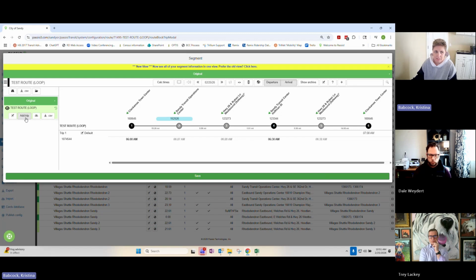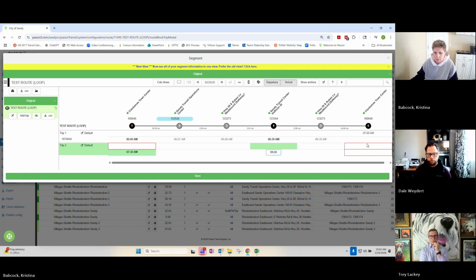And if I wanted to add another trip, I'd come over here and hit add a trip. And so maybe the next one is at 7:30. We have a half an hour in between, as an example. And I put that in arrival by accident, so I'd want to put it in departure. And then I would come over here and put in a departure. And then I would put the arrival. And then we could add another